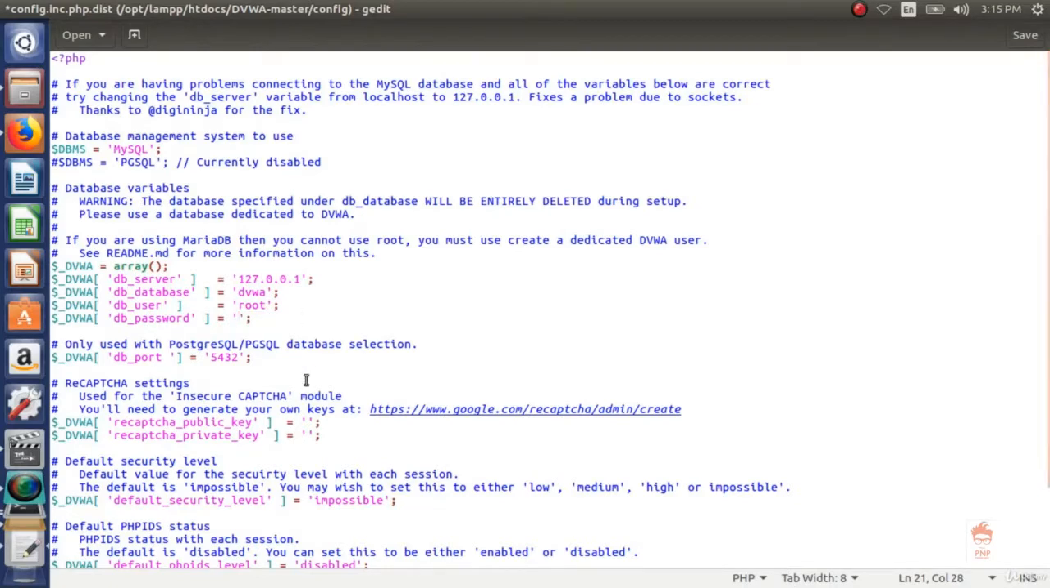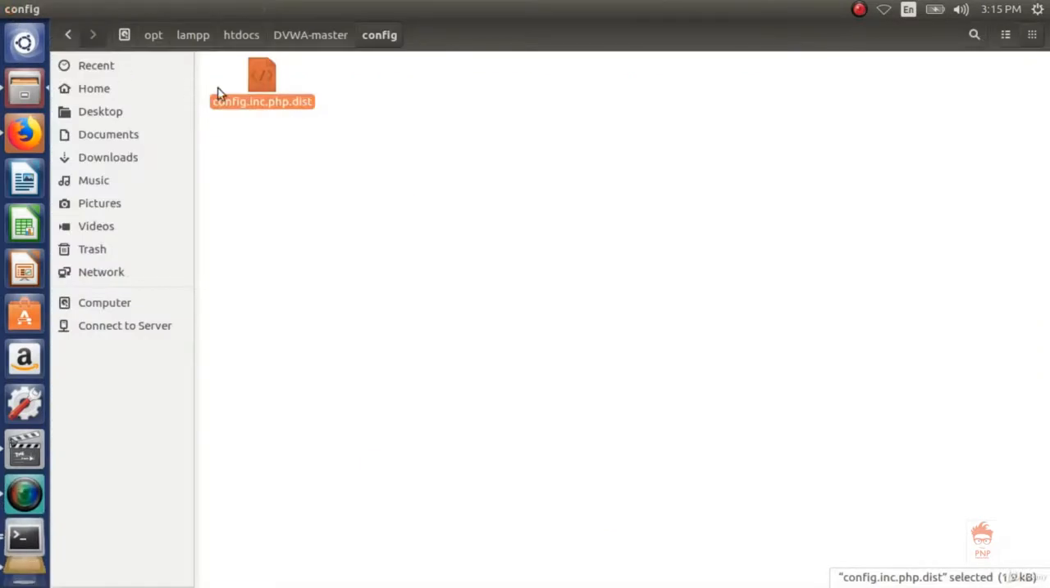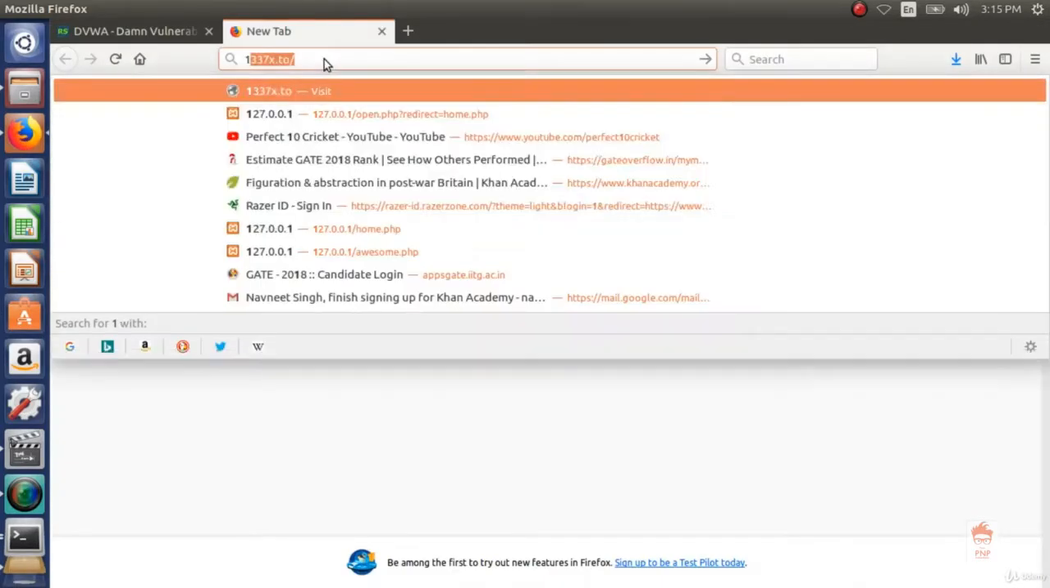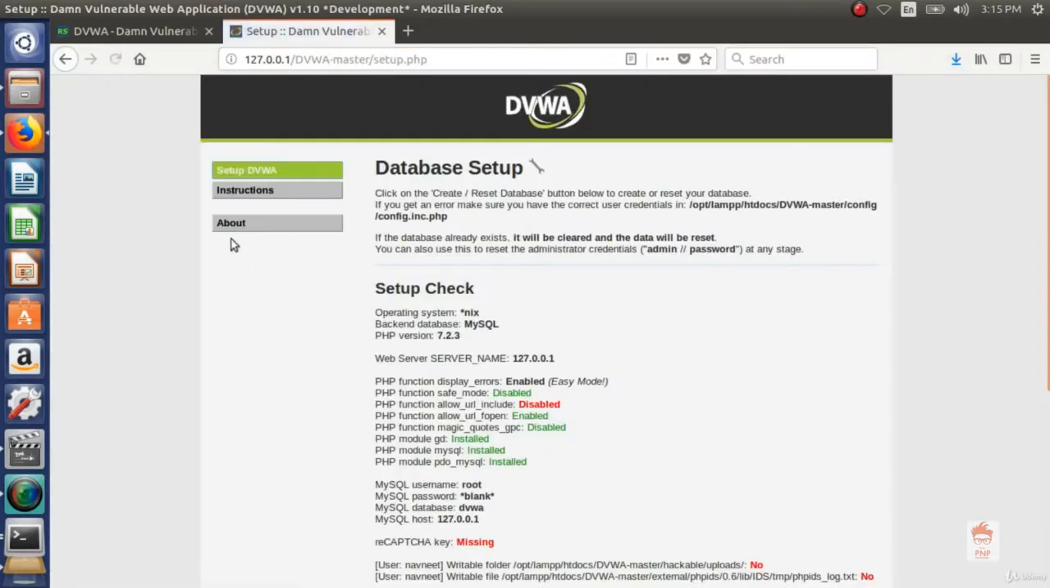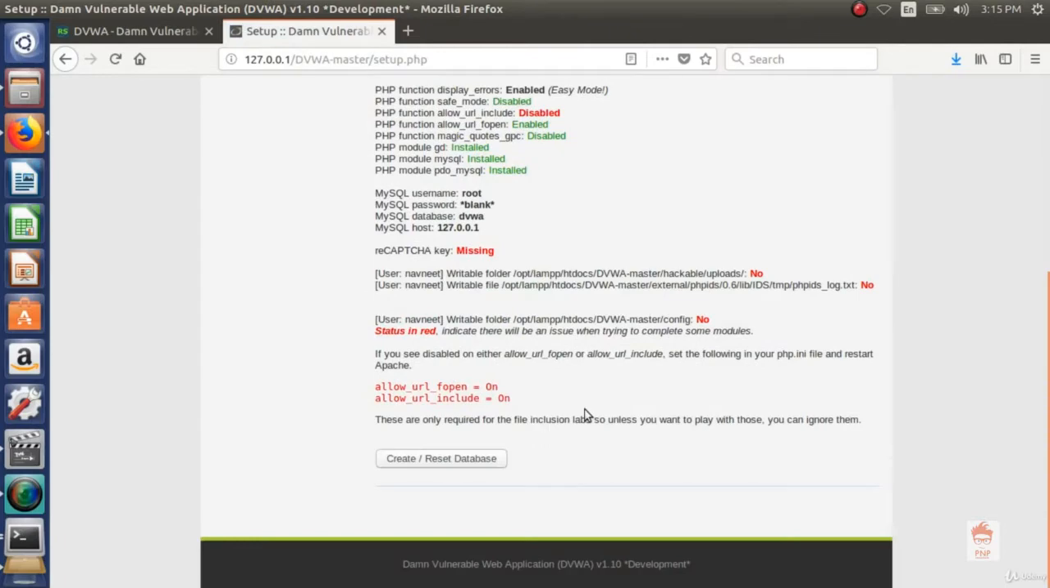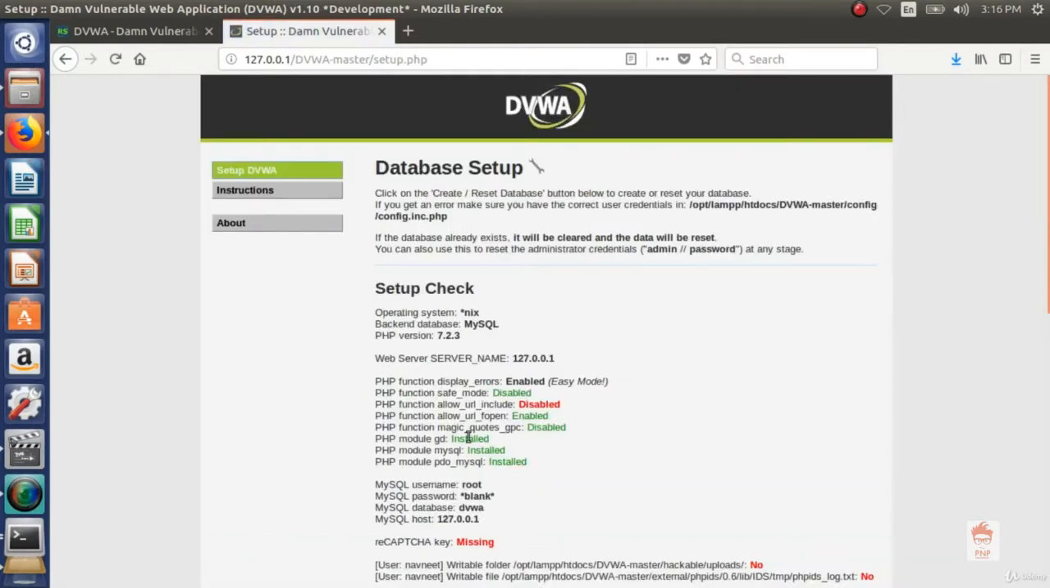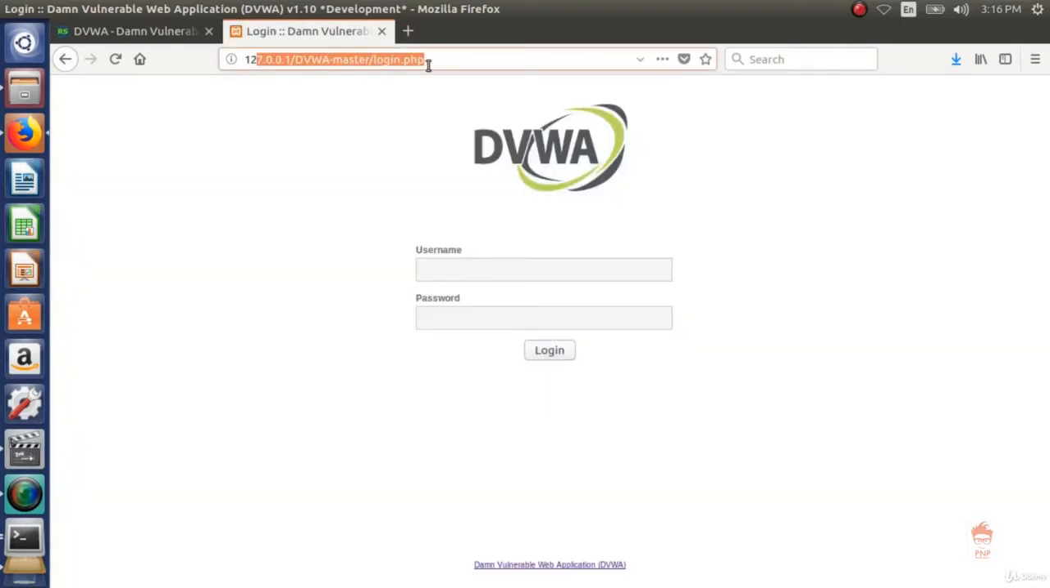We just simply cancel this out and then we save it by clicking Ctrl S and rename this file also, which is config.inc.php. Okay, now go to your browser and type 127.0.0.1 and then dvwa-master and then setup.php. You'll see this page here. Go down and click on create reset database. This will create the database. Now it will redirect to this page,